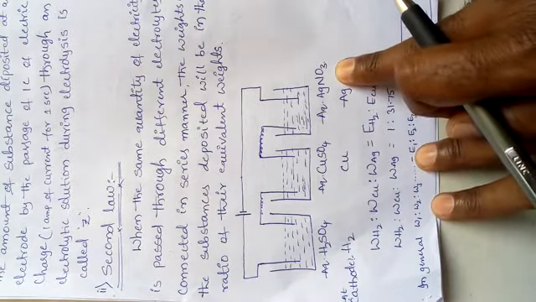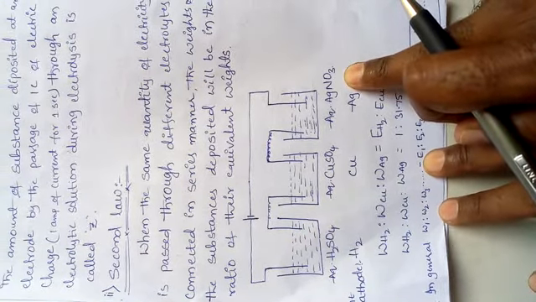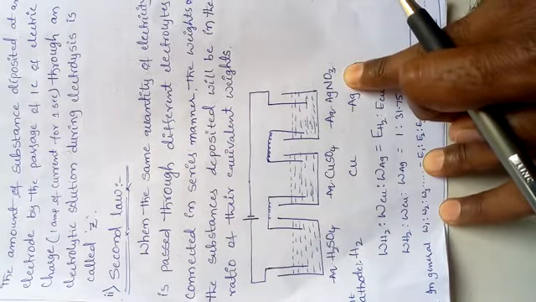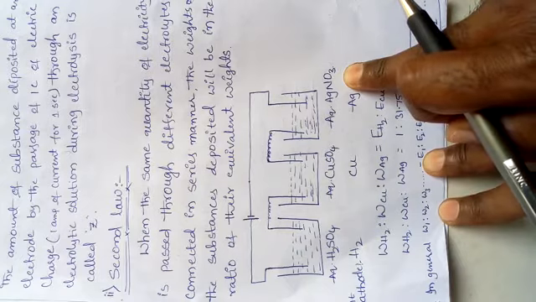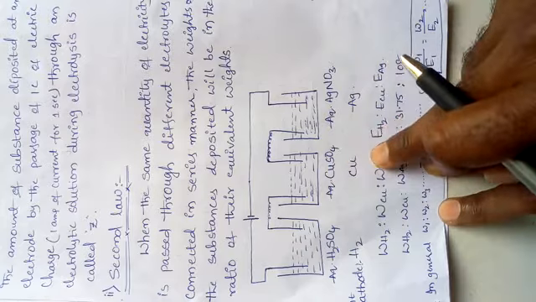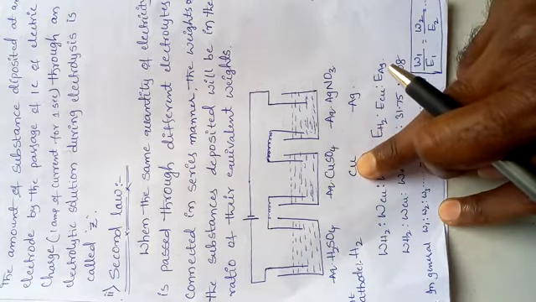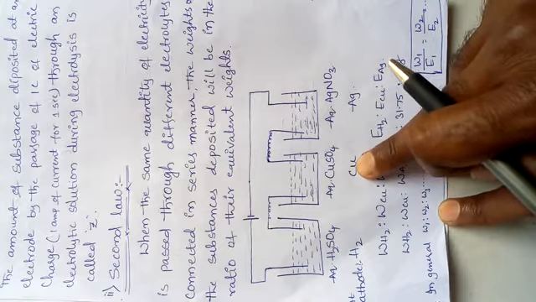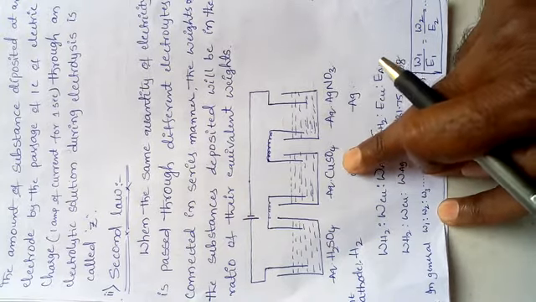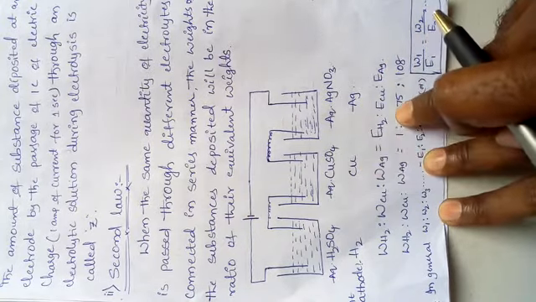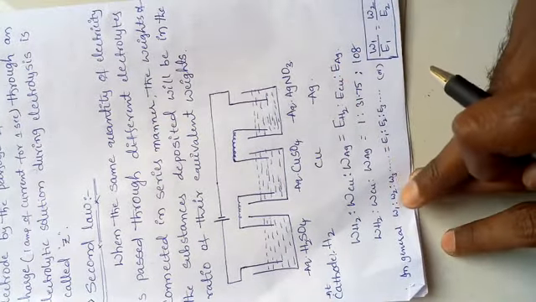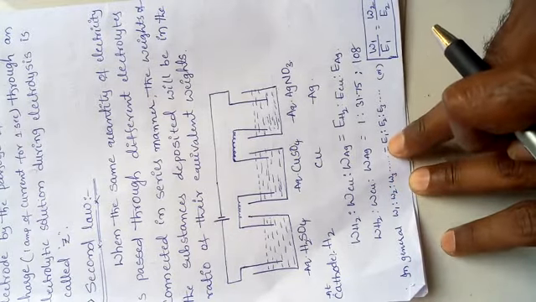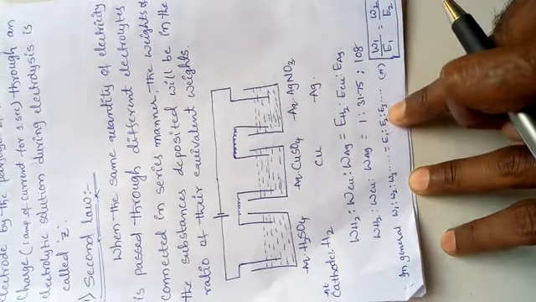We already studied in the stoichiometry chapter in the first year that equivalent weight is simply the atomic weight divided by its valency. For copper, the atomic weight is 63.5, but the copper valency is 2. If we divide by 2, we get 31.75. This is in general. If you take three or more, W1 is to W2 is to W3 is equal to E1 is to E2 is to E3, and so on.